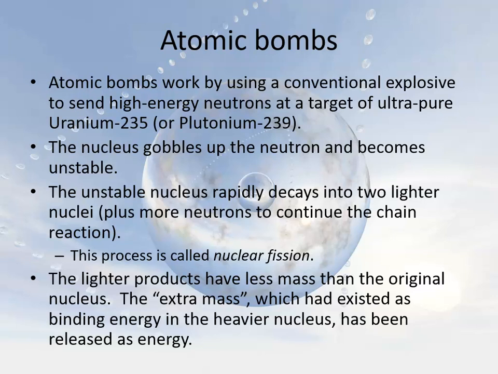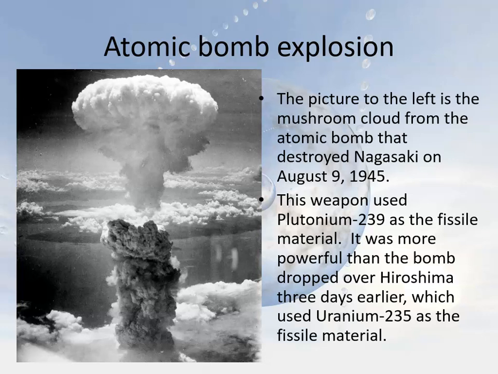Now, the reason you need to enrich uranium is because, again, most uranium is in the form of uranium-238. So what you have to do is liquefy it, that is basically melt it, and spin it through high energy centrifuges to separate out the uranium-238 from the uranium-235, and then keep repeating that process until you have much purer uranium-235. Now, that's one way that you can make an atomic bomb. That's the type of bomb that was exploded over Hiroshima on August 6th of 1945.